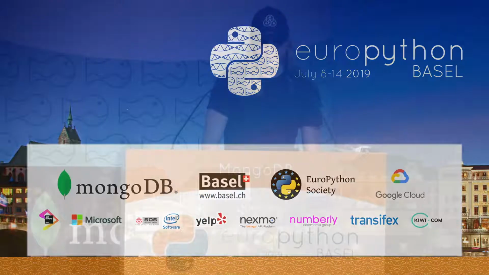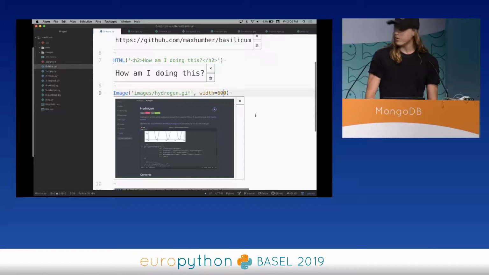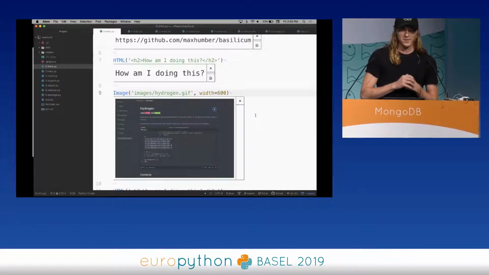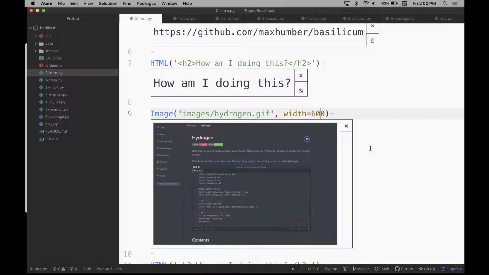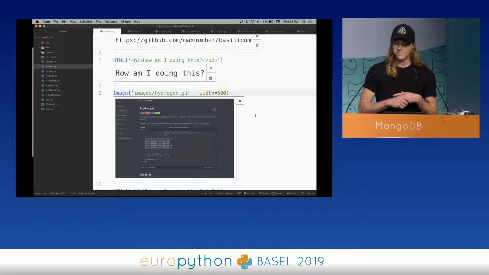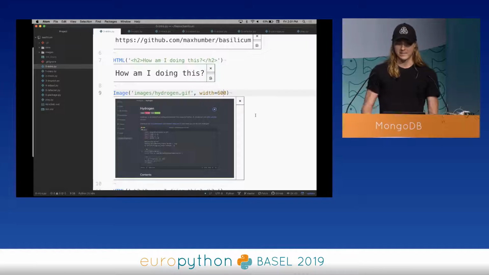All right, how to read code. All of these examples will be a bit different. I'm going to try to give you an Atom example. There's been a lot of VS Code. There's been a lot of PyCharm. My preferred editor is Atom, though I believe you could do many of these ideas in any preferred IDE development